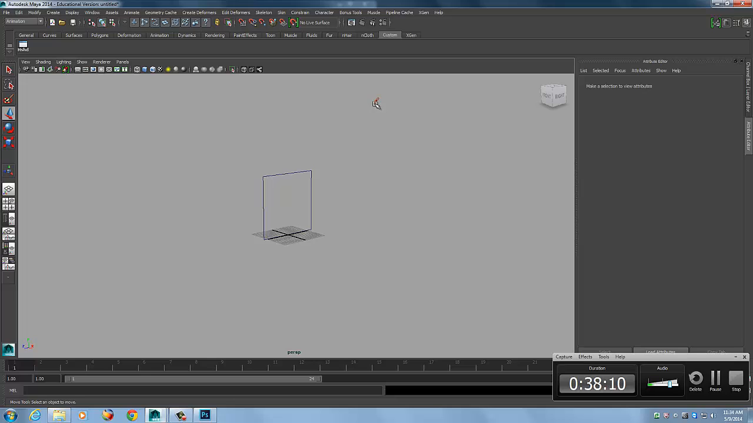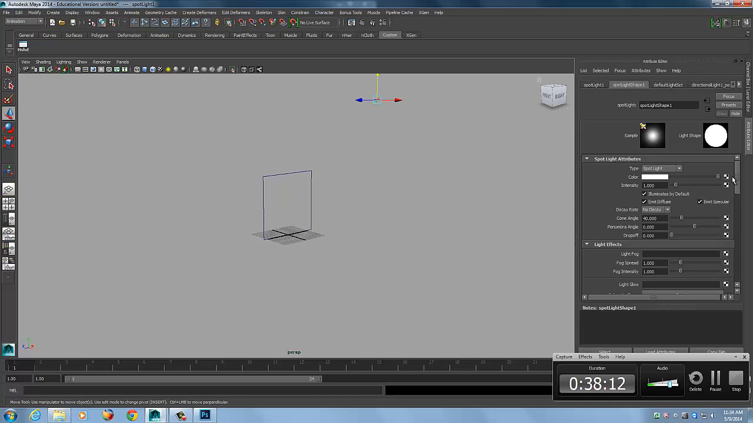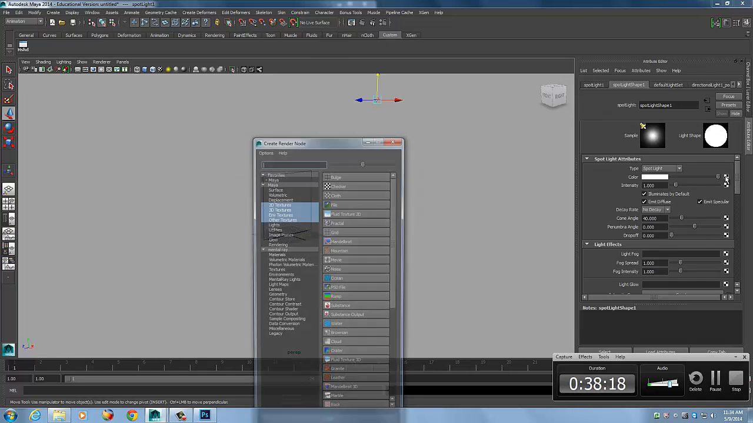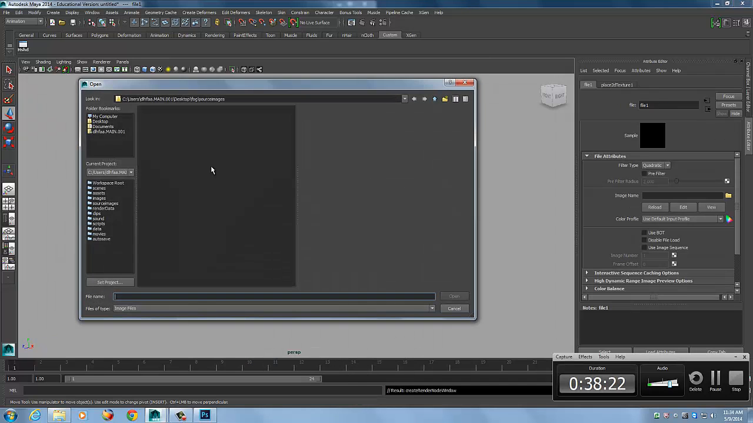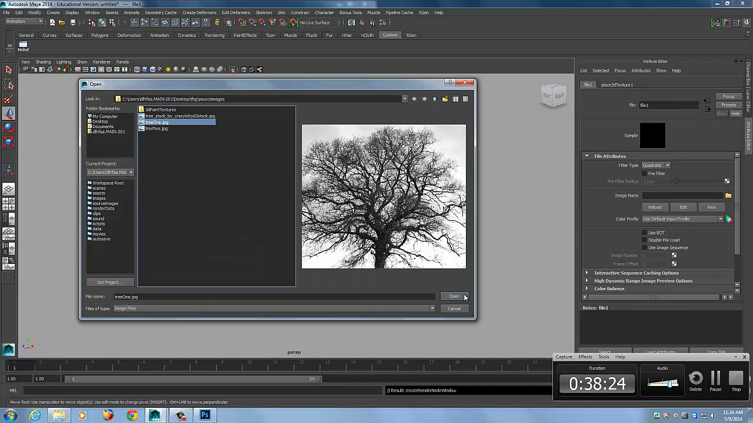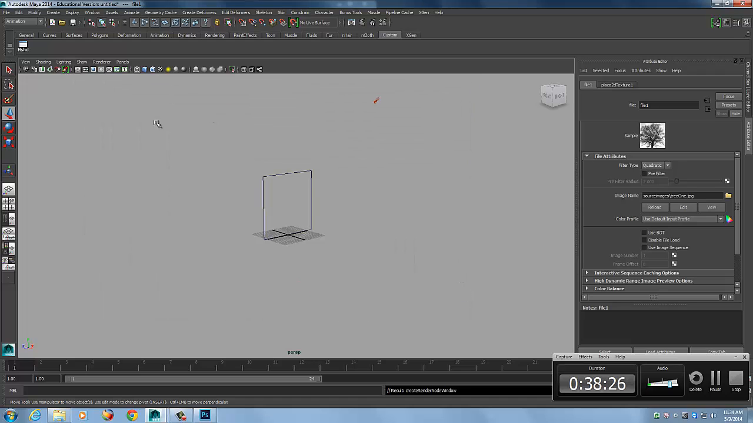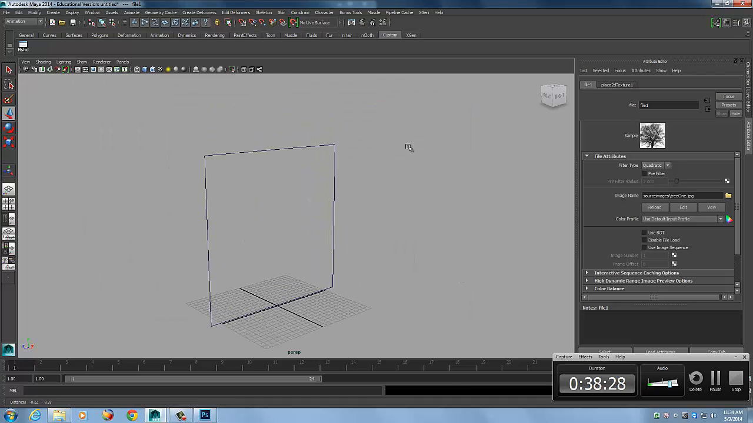select the spotlight again, and for the color, I could drag from the hypershade, but in this case I'm just going to go to the little file node icon there. I'll create a file texture, and I'm going to take tree 1 and put that on there for the color of that spotlight. And now I should see,